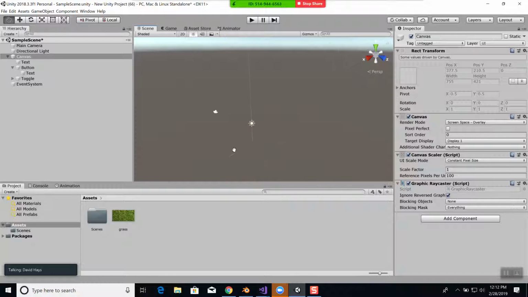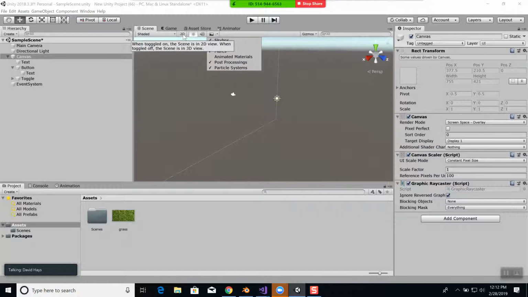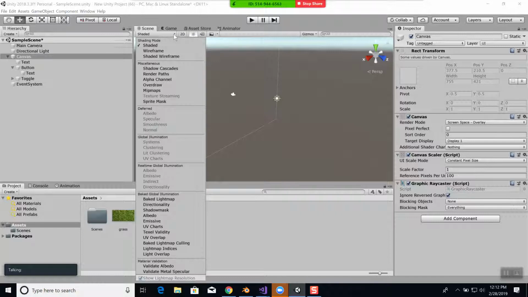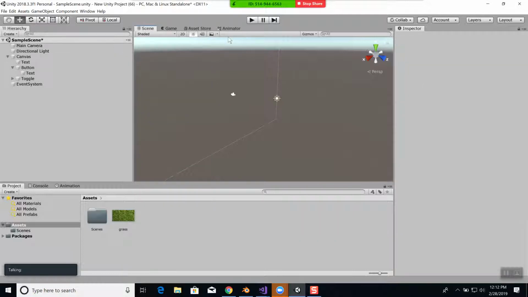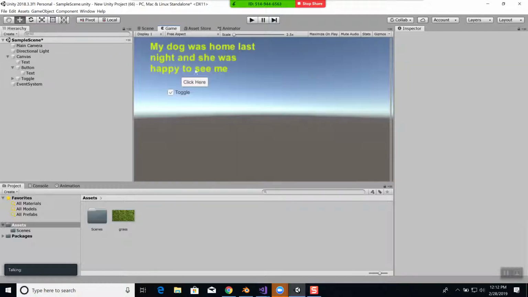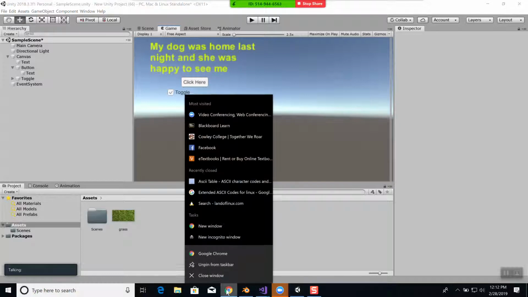Somewhere over here, where you can choose the canvas. But the game allows you to see it right here. Not that I'll remember tomorrow, but let me